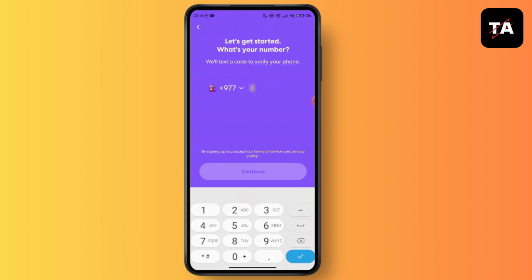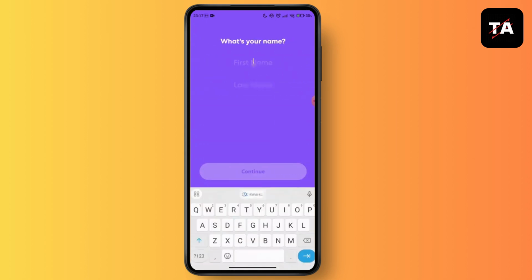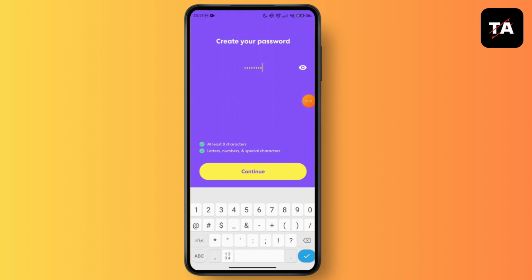number here. Once you have written your number, you have to go for the continue option, and you have to write your name here and your last name, and go for the continue option, and you can add your email address and go for the continue option, and you have to create the password here, which is at least 8 characters, letter, number and special character. And once you have created the password, you have to go for the continue option here,